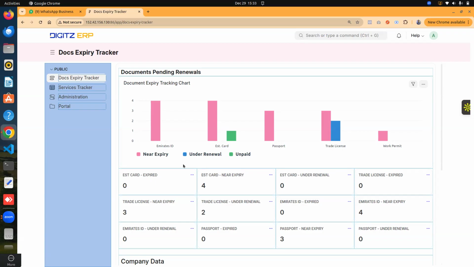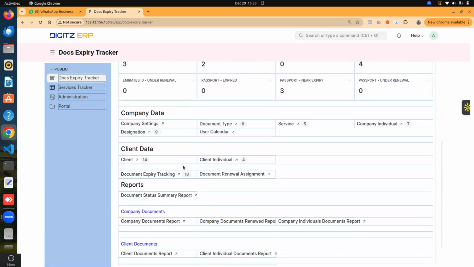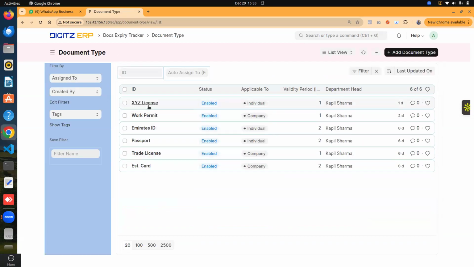When we come to document tracking, the system provides a facility to register a document type within the system, and then this document type can be applied to the client documents as well as their individual documents. It is also applicable to the company. Company means the company who is using the system, and their individuals as well. So the tracker is basically covering four kinds of entities: the company, the company's individuals, and the company's clients. For example, when a company intends to make the renewal of their client's document, that can also be covered